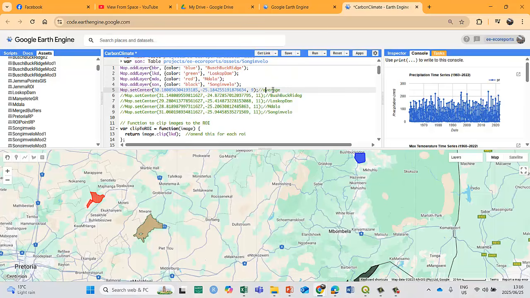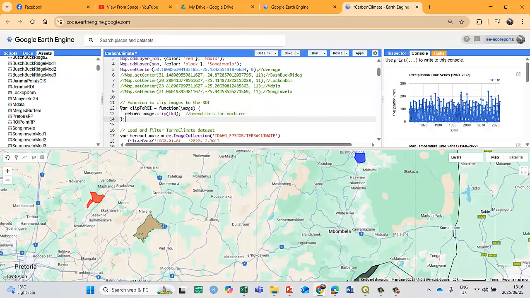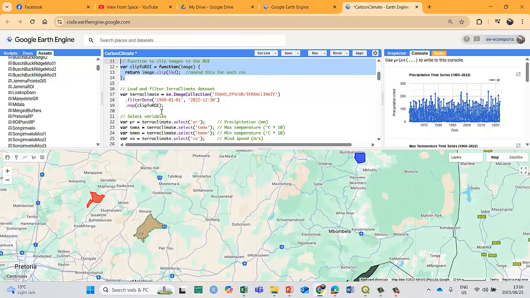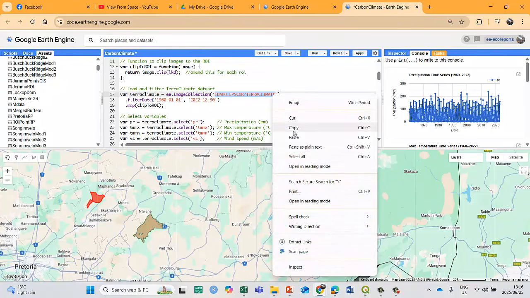In this case, I'm again using Loskop Dam. You should now know this is the Loskop Dam reserve, and I'm using just this one for simplicity. There's no particular reason why I'm using this and not one of the other 3. I just like using this one. Eeny, meeny, miny, mo, I assume. So we generate our clipping function, and then I'm using the IDAHO EPSCoR TerraClimate data set. Let's quickly go and have a look at the data set itself.